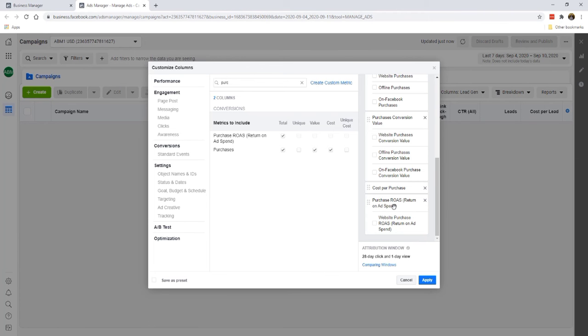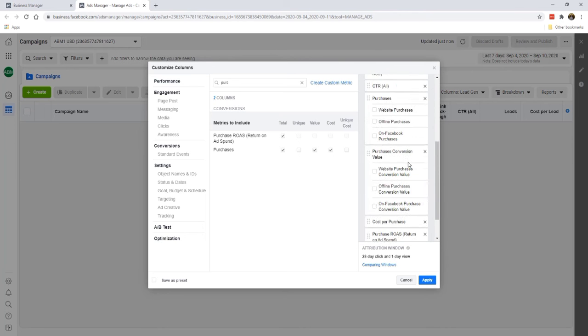Now, let's just say that the books are $20, okay? And we had spent $100, we had sold 10 copies, times $20 is $200. So $200 divided by $100 in advertising spend, it will be ROAS of 2. That means we're getting a 2 times return on ad spend, okay? So that's